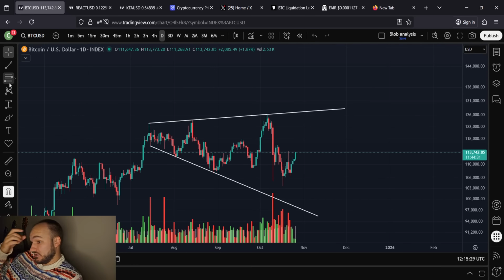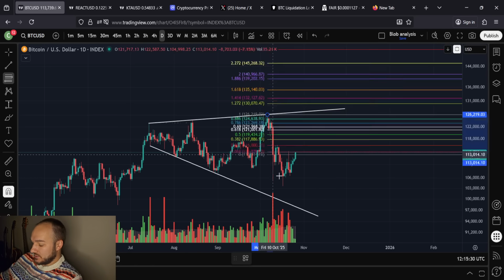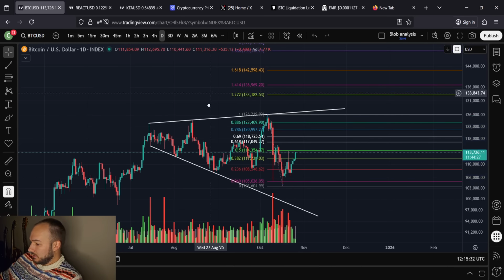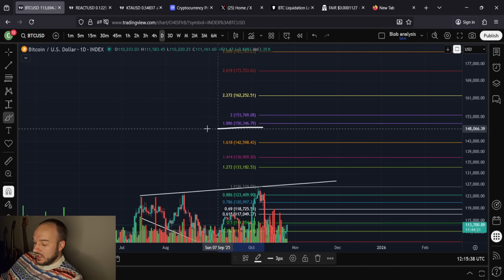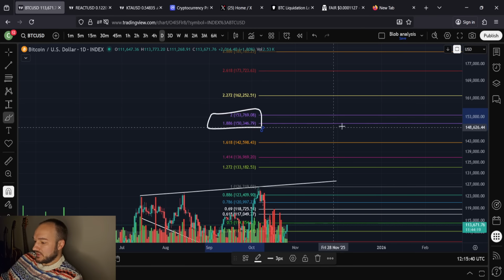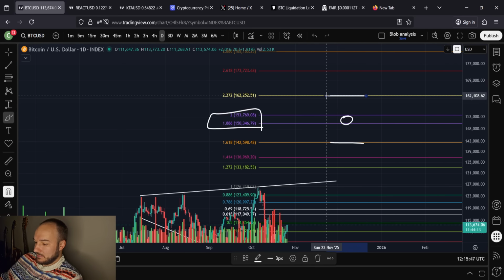In fact, let's see if there are any fibs right there from a high to a low, relatively speaking. Yeah, 154K right there, right here at our 200 to 1886 fib extension. That's a perfect area to stop, somewhere in this area here. If we stop just below, maybe we stop here. If we stop just above, maybe we stop here, something like that.